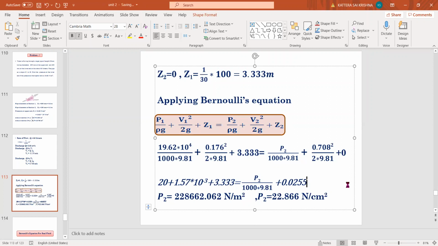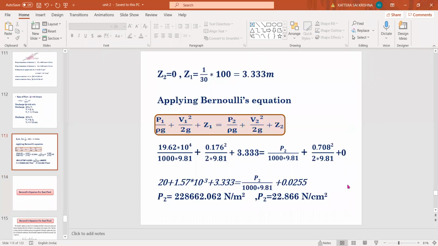Till now, if you have any doubt, you can ask. Or else we go for the next one. Only 2 minutes are left for this session to finish, so please join immediately. We'll go for one more topic of the Bernoulli equation. Till now we have seen ideal fluids only. Now we'll see the Bernoulli equation for the real fluid.